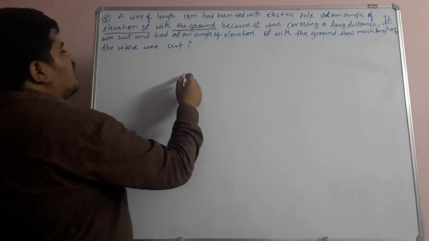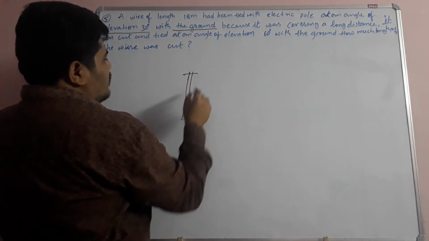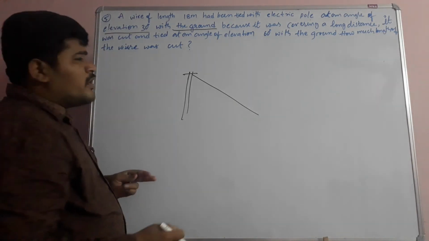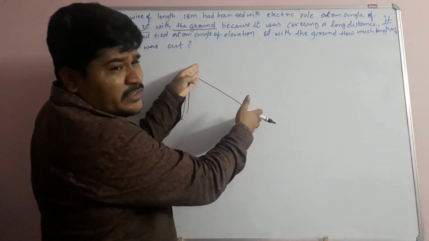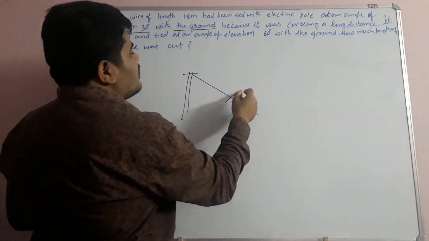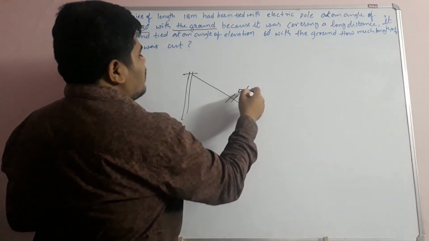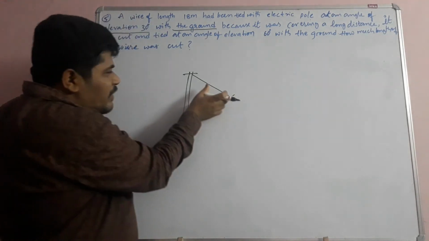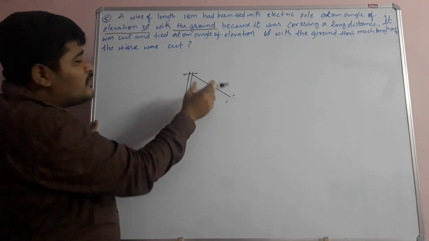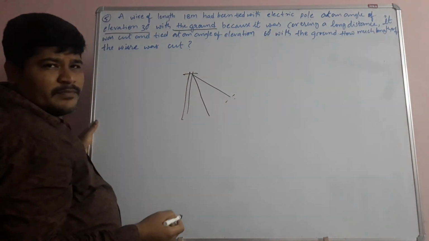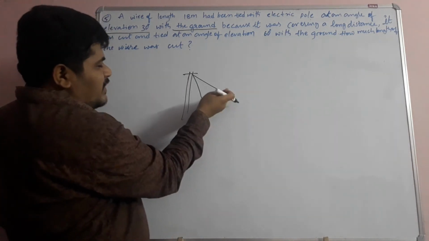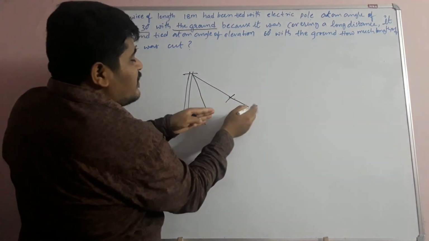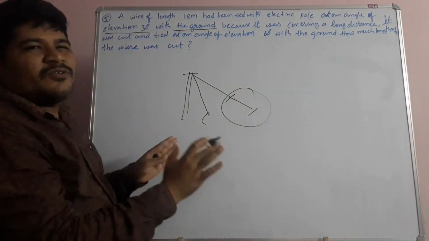So children, suppose this is the electric pole. It will be like this, right? Like this, they'll use some threads to tie it. They felt this was covering more distance. So then what happened? They cut it. Whenever they are cutting this, automatically its length will decrease, right? So it will come forward. Again they tied here. So they cut it and tied here. So how much part was cut? This is the problem.